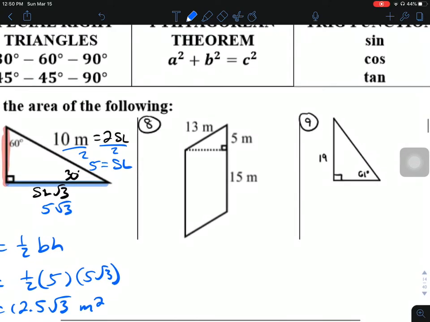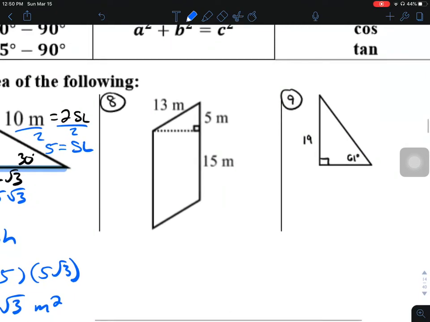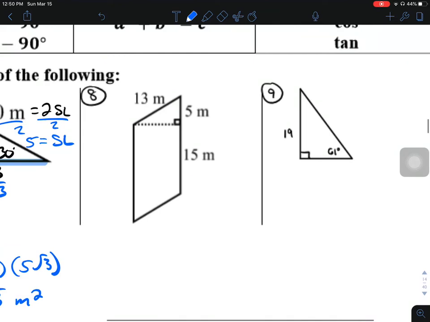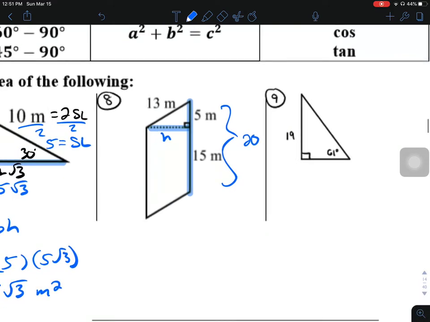Number 8, well, let's see. Since we got this perpendicular here, we'll call that the height, which must mean this here is the base. This base would be 5 plus 15, which is 20. So we know that the area of this fella, this parallelogram,